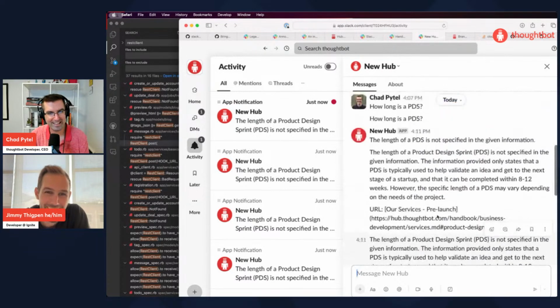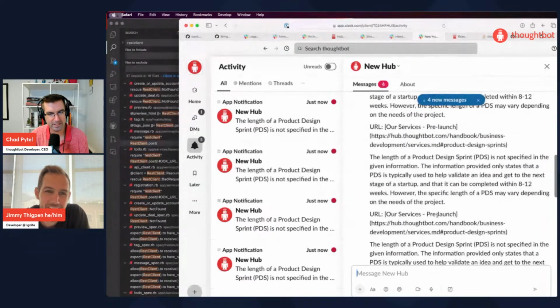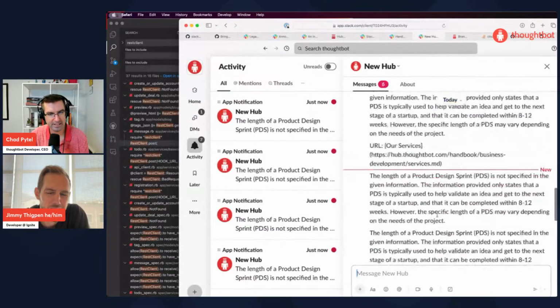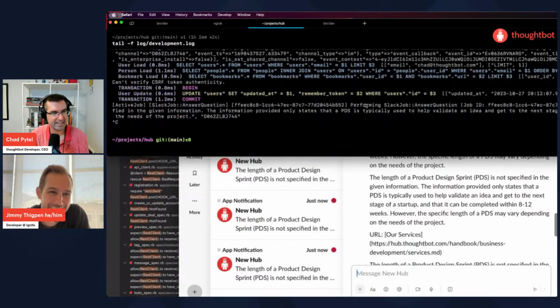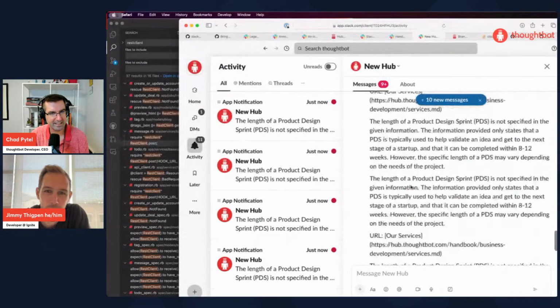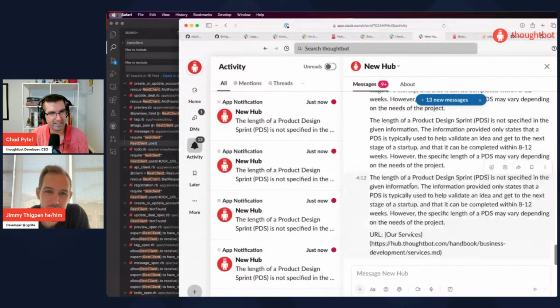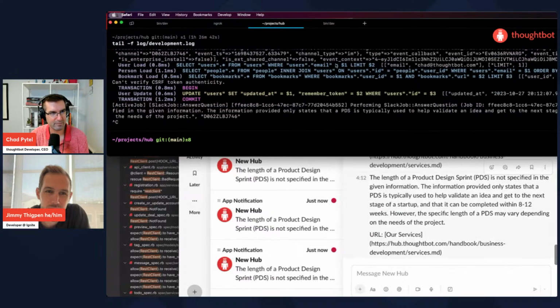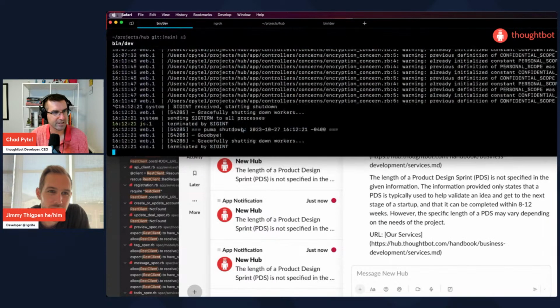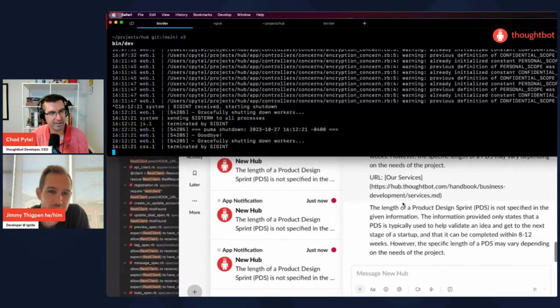What is happening? It's responding multiple times. No, kill it. It's still going. Where is it coming from? Oh, I didn't actually kill it. I just stopped the log.